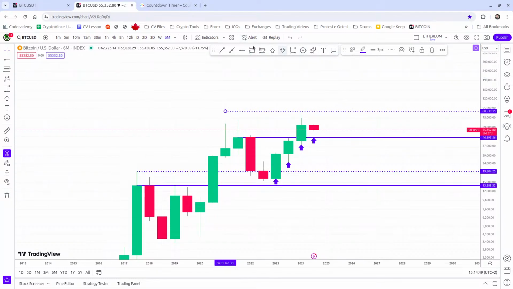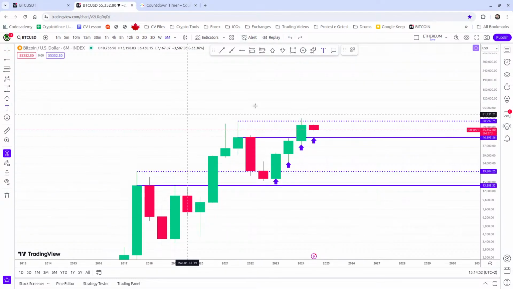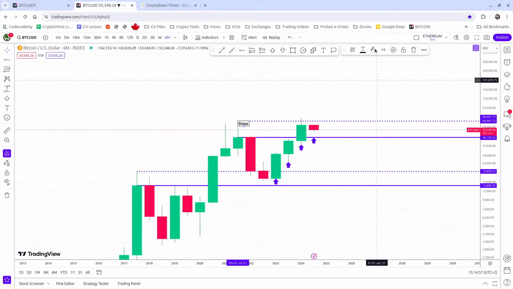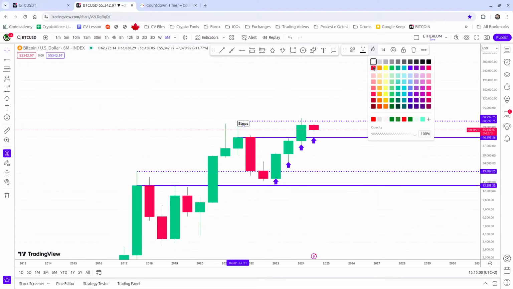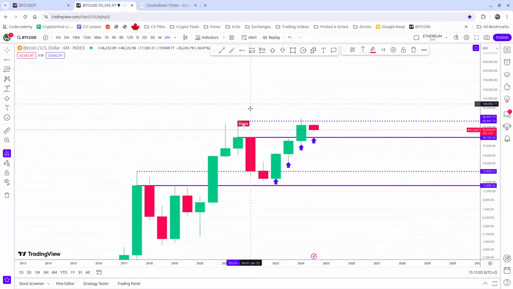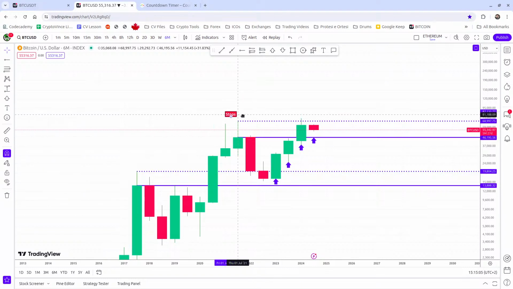Stops that were right there, of short positions, right? People going short place a stop here, which are buy orders, and those buy orders triggered